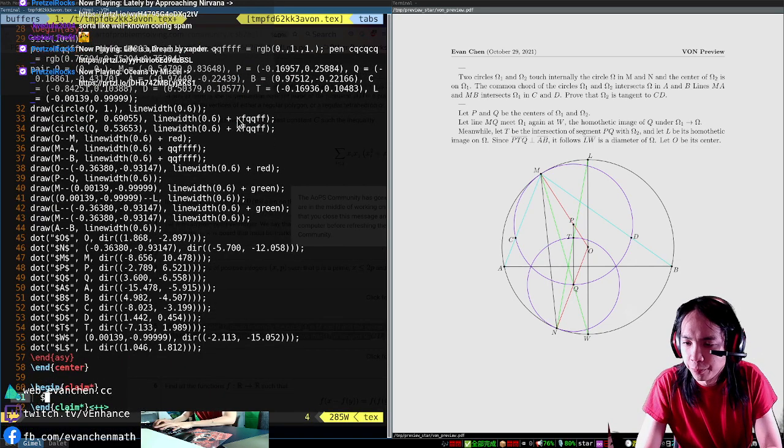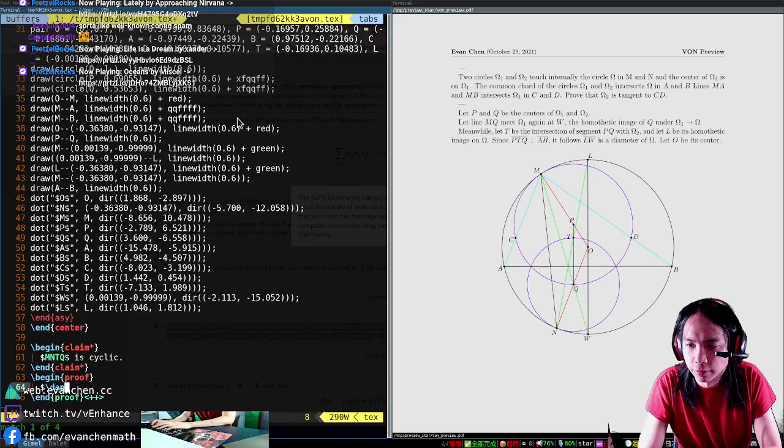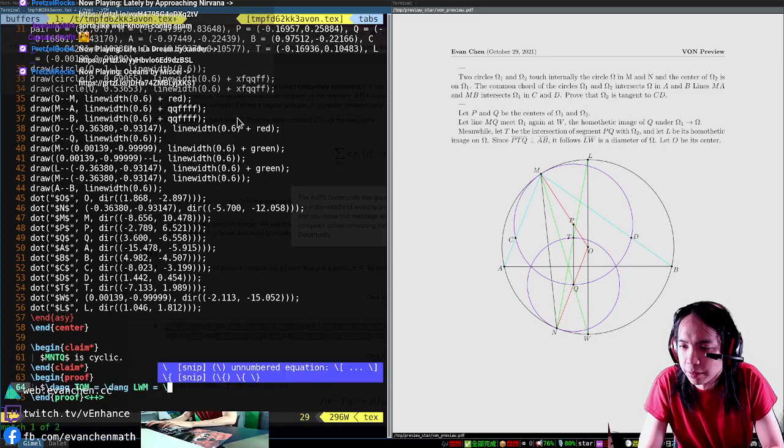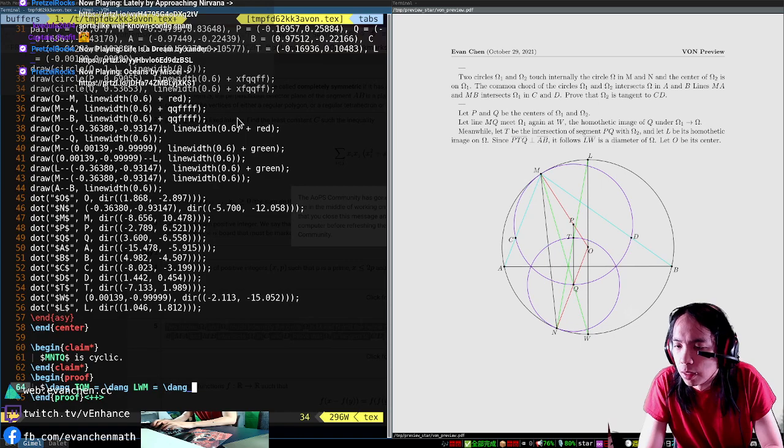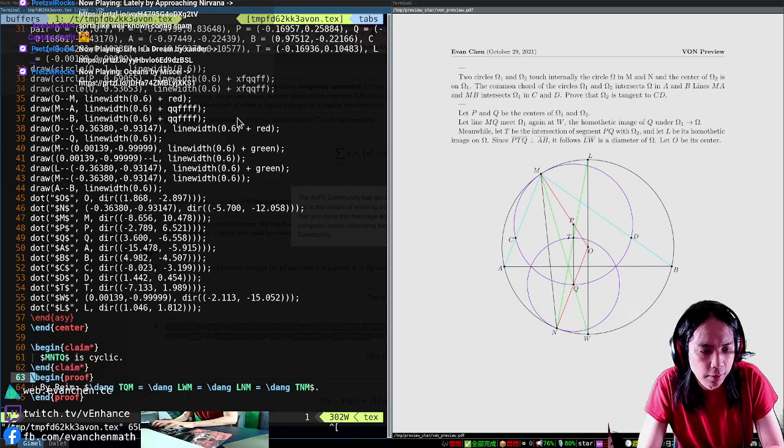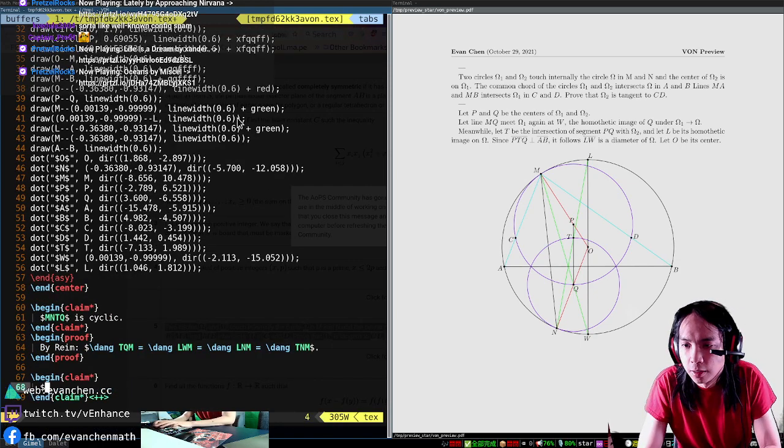Okay, so claim: MNTQ is cyclic. Proof: directed angle TQM is equal to directed angle LWM, is equal to LNM, is equal to TNM. Alright, so that part is fine, and then claim